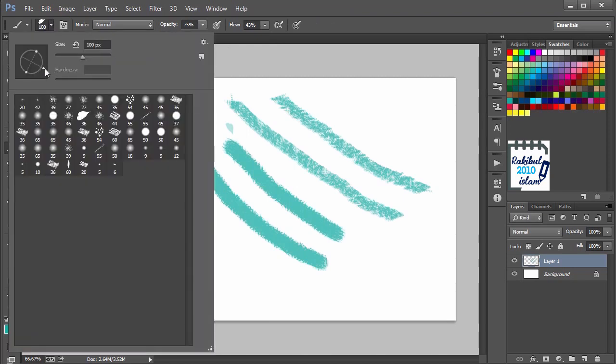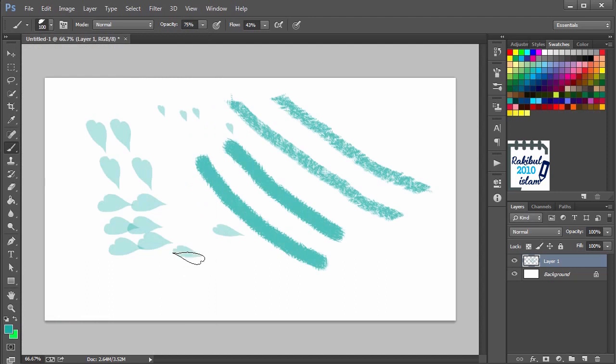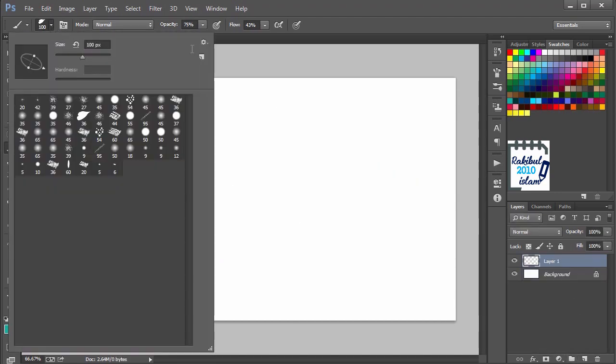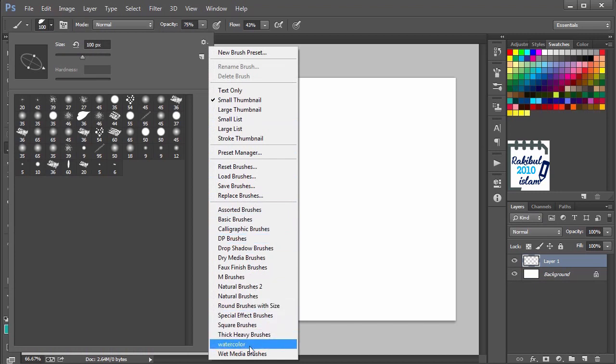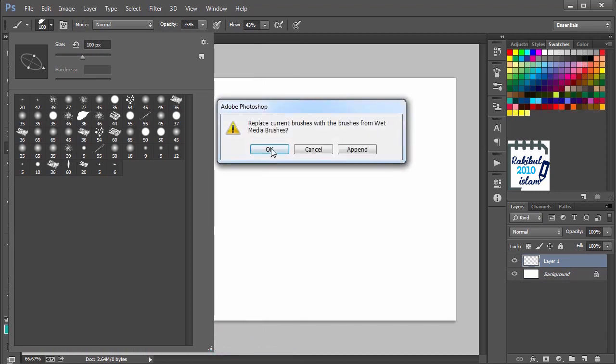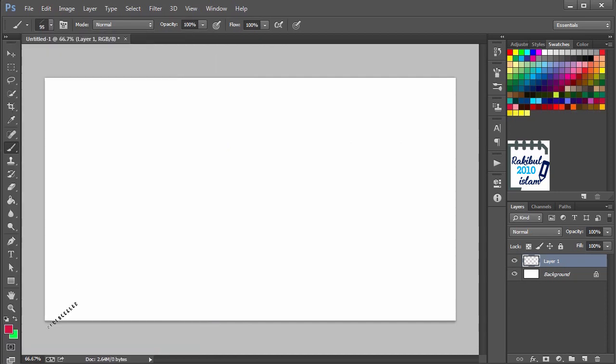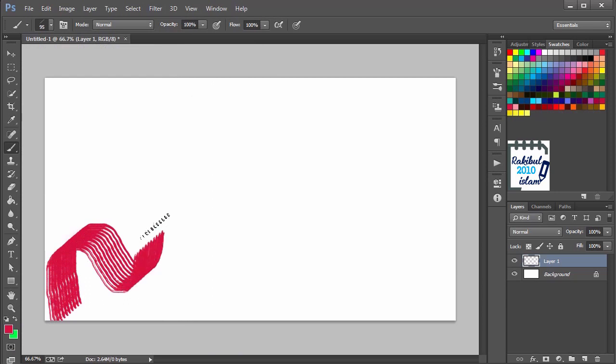So using this we can change the angle of our brush, and also we can change the roundness. Let's choose a different category. Let's choose this brush tip and paint with it.